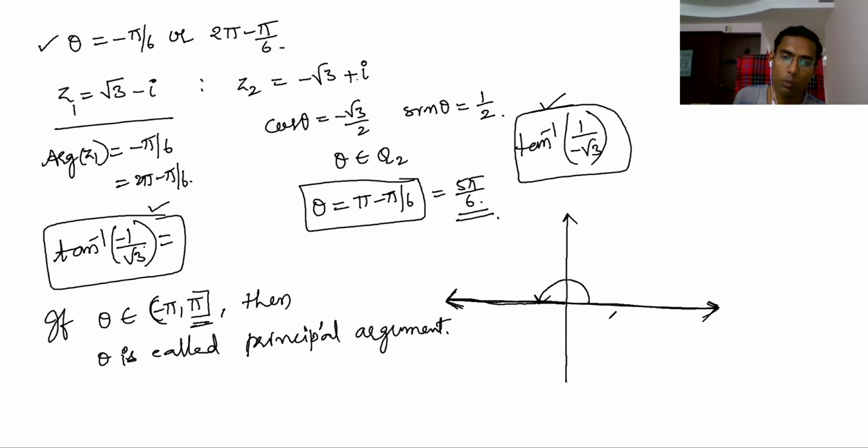The argument of real number 1 is 0, of real number 2 is 0, of real number 3 is 0. So the argument of minus 1 is pi, minus 2 is pi, minus 3 is pi, like that. Minus pi we don't include, because already pi we are including. When we include pi, we need not include minus pi. So the principal argument is in minus pi to pi. That's what a principal argument is.